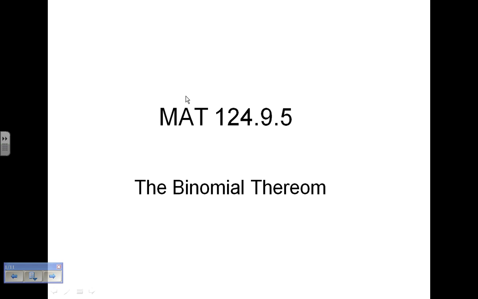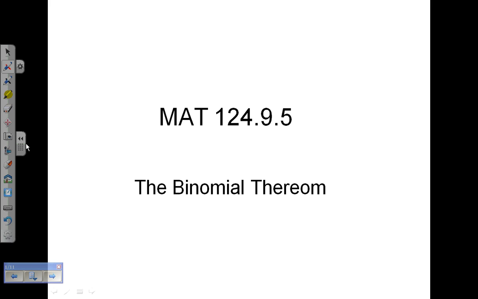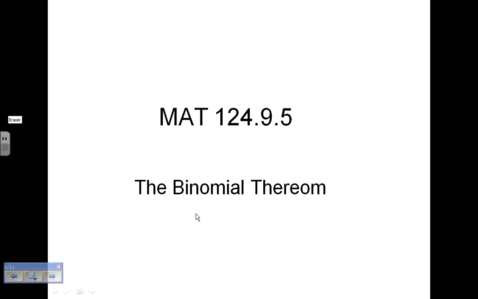All right, the binomial theorem is a way of expanding or finding certain terms in something. Binomial means 2, a plus b to the nth power. The theorem can be used for a full-blown expansion of a polynomial or for finding a specific term. That's why it's in the sequence and series chapter: it's nothing more than a sequence with a specific type